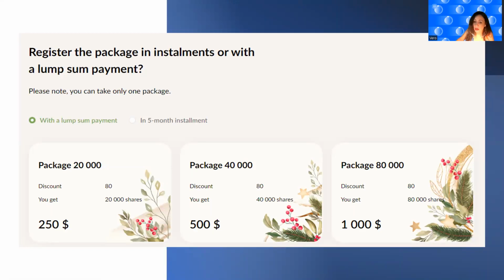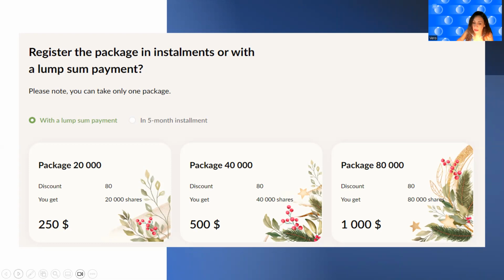For example, you can acquire, in one only payment of $250, 20,000 portions. In the second option, for example, in one only payment of $500, you can acquire 40,000 shares, or in one only payment of $1,000, you can acquire